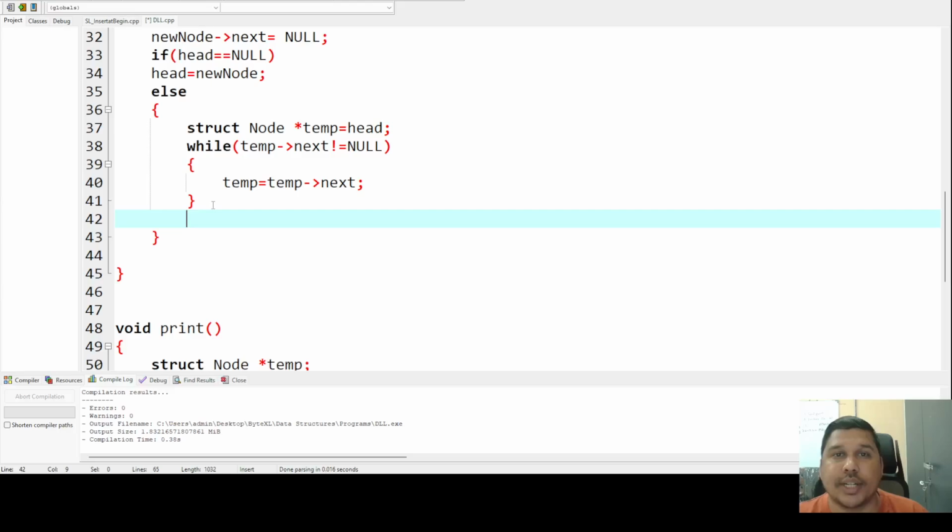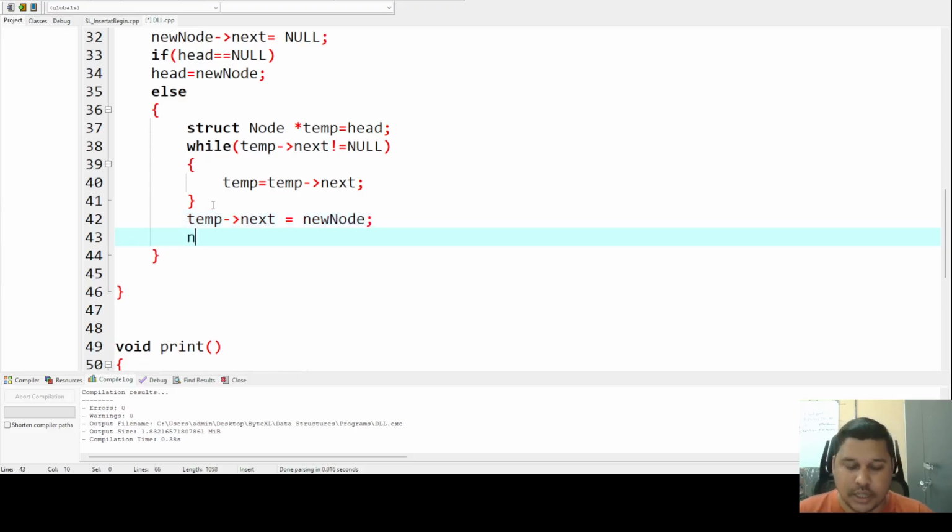You have 2 nodes now. Temp is the last node and you have the new node with you. So the temp node's next should point to the new node. It should point to the new node. Then the new node's